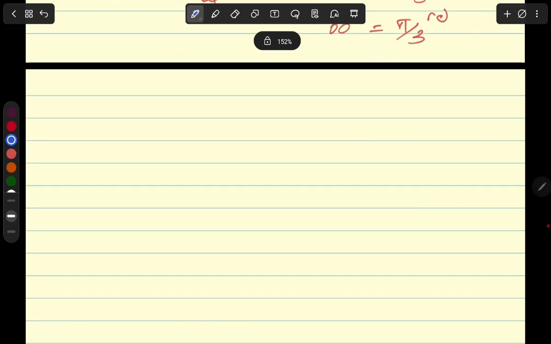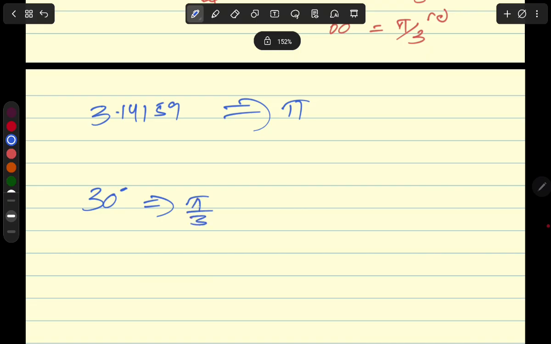Okay. Now, Cambridge loves exact answers. Never write 3.14159 for the value of pi. Never do that. Okay, unless you're asked specifically to leave your answer in 3 significant figures or 4 decimal places, etc. Leave pi in your answers always. Now, if your answer is 30 degrees and you're supposed to give it in radians, just write down pi upon 6